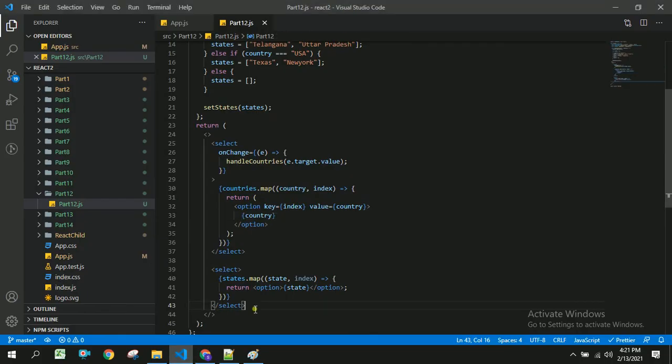We can see here we got select, so the states will be empty. If the user selects this one, we will be able to get the states related to that particular country, and if the user selects this, you can see the states got changed dynamically. If select, it is empty. So in this way we can dynamically push data into different drop downs based on the one drop down selected.